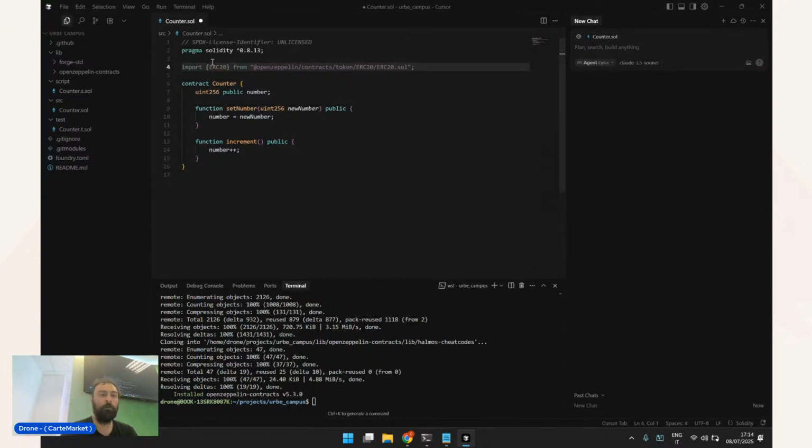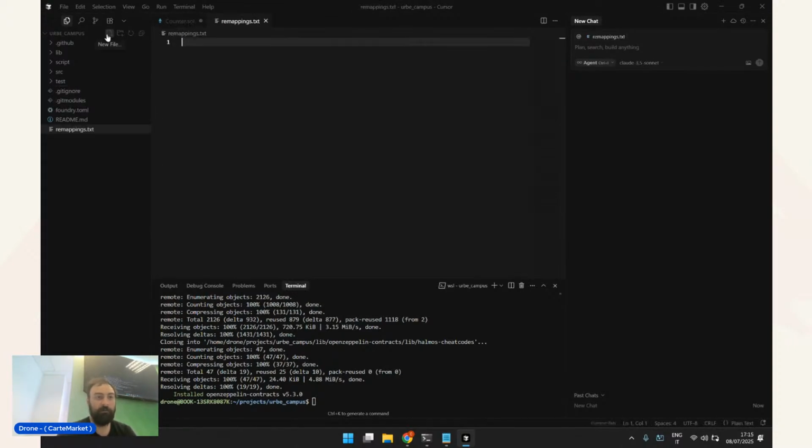I mean, you could just import this by giving the path to the library, but for a better user experience, Foundry has the remapping that I don't know why they don't put it ready every time, but you can write remappings.txt in here, and you can write at Open Zeppelin equals lib